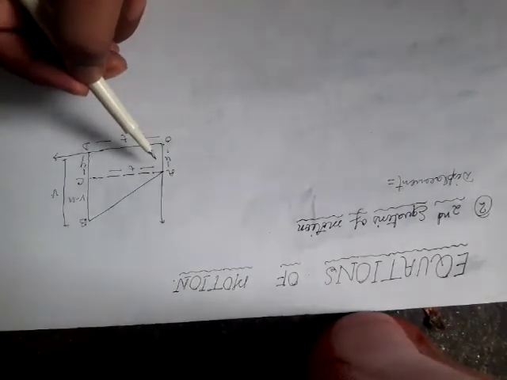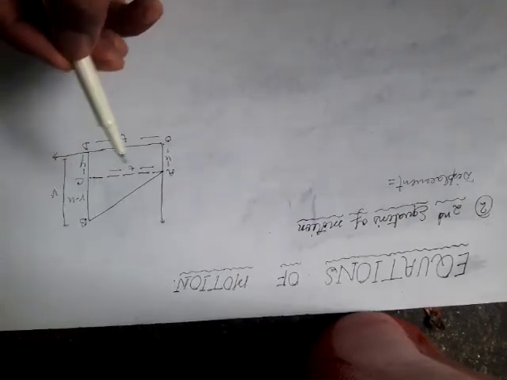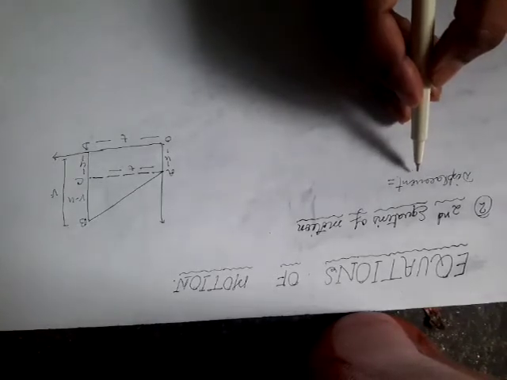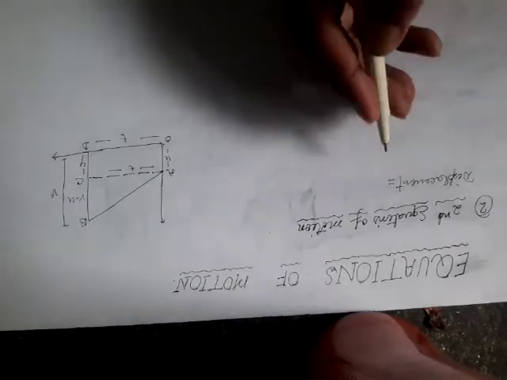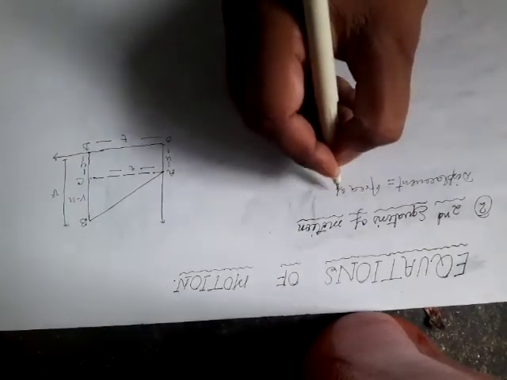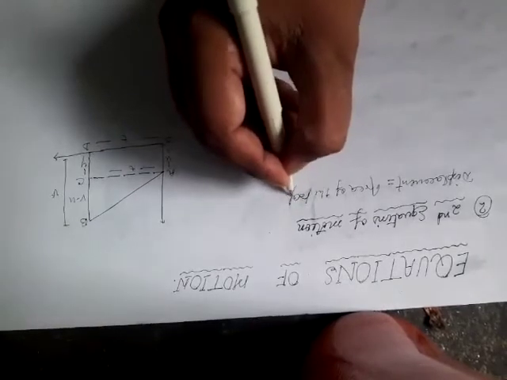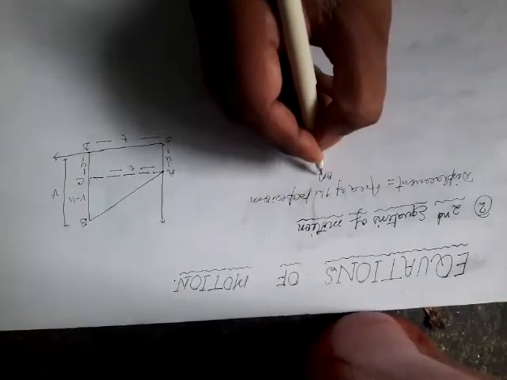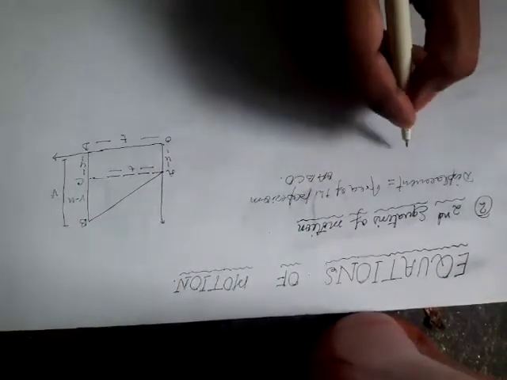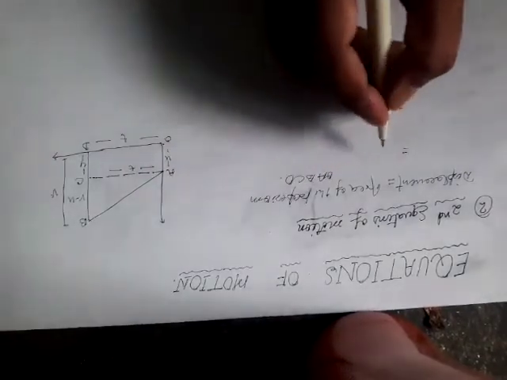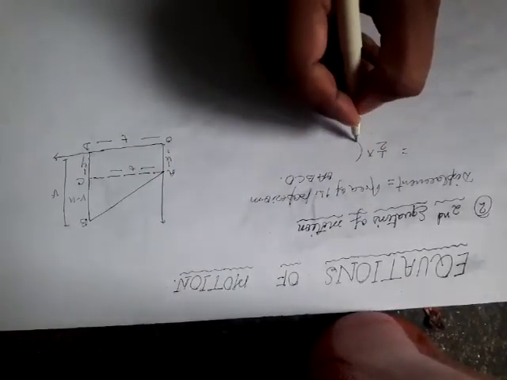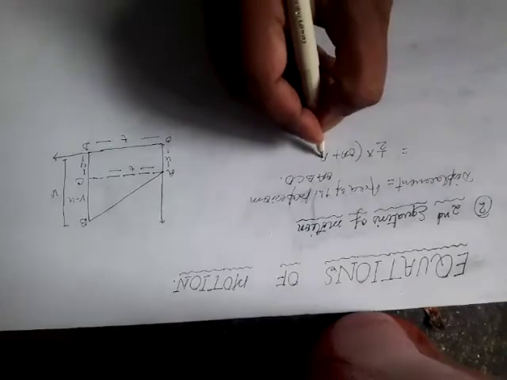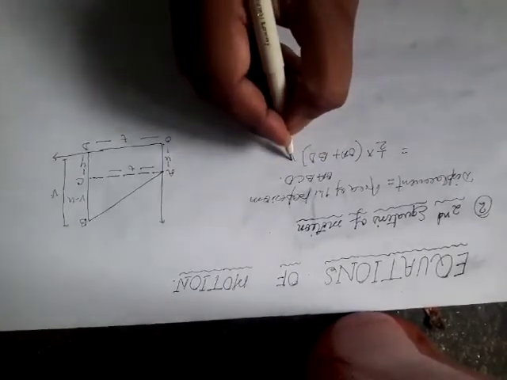So if you find the area of the trapezium, then we will easily be able to understand the displacement. Displacement will be easily obtained from here. So displacement will be equal to the area of the trapezium OABD. And what will be the formula of a trapezium? Half into the sum of parallel sides, OA plus BD, into the height OD,